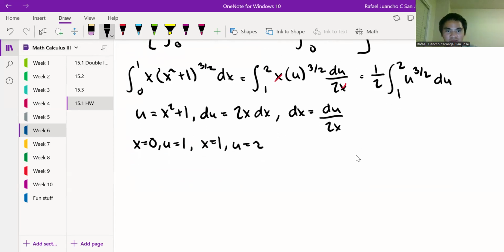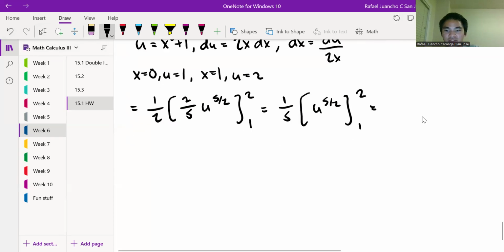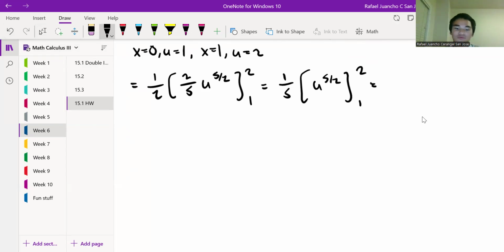And then from there, here I have 1/2 of, I integrate this thing, so I add 3 halves, so 5 halves, so 2 over 5 of u to the 5 halves. And this is from 1 to 2. And then I can still simplify this. I could say 1/2 of this thing, 1 to 2. And then if I plug in my 2, 2 to the 5 halves,